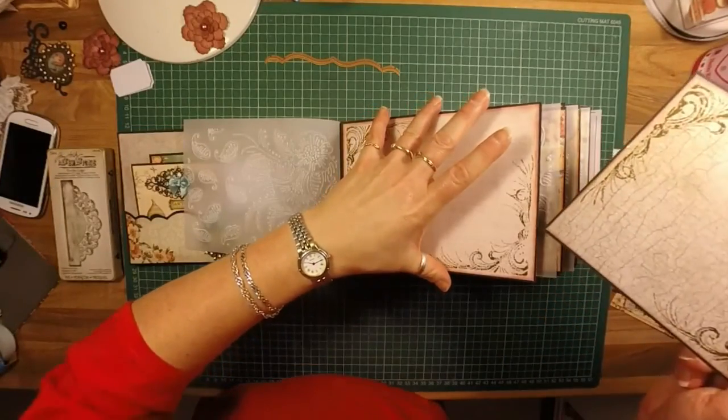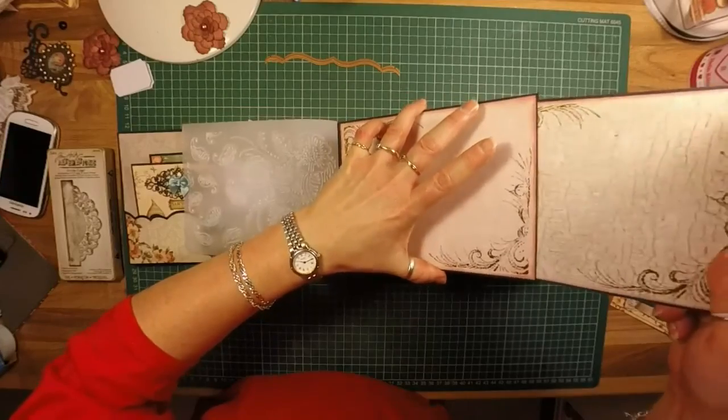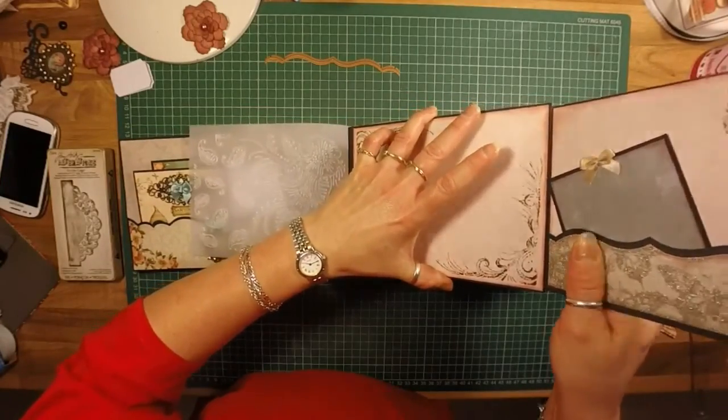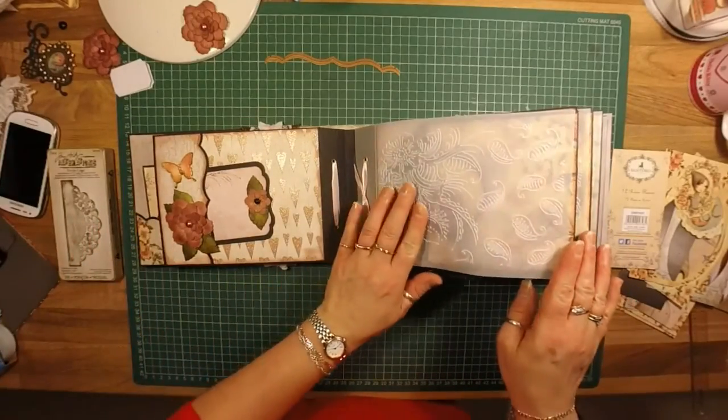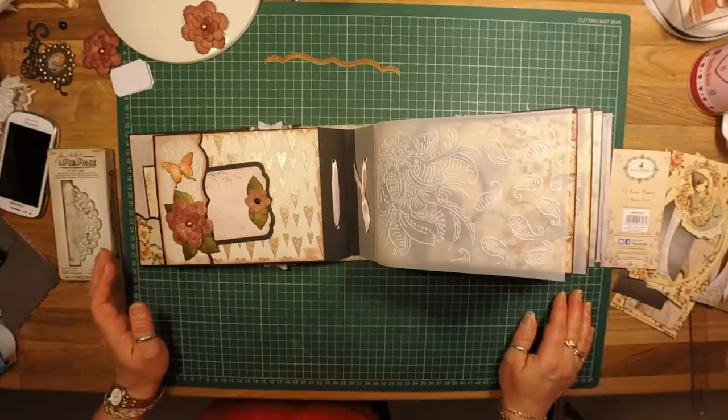I think the reason why I didn't use it for so long and it was just sitting in my cupboard is because I wasn't overly sure if I liked it or not, but now that I have used it, I do like it, and I'm going to make another one because I've got loads of bits left. So